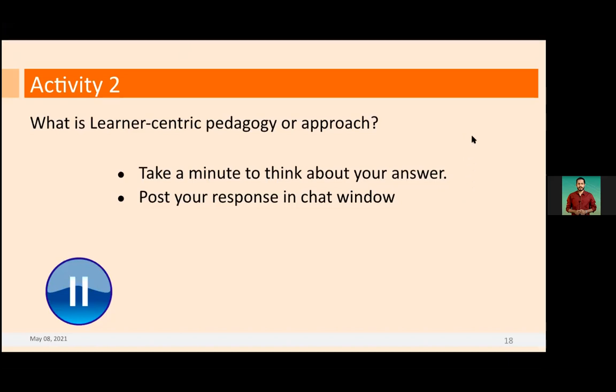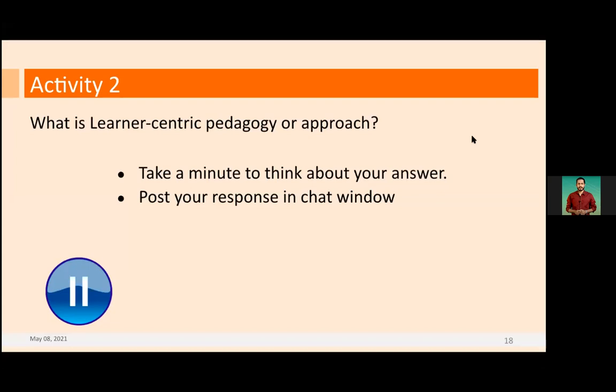Teaching by PBL method, implementation of knowledge, quiz. So it's interesting to see the way all of us are thinking and trying to